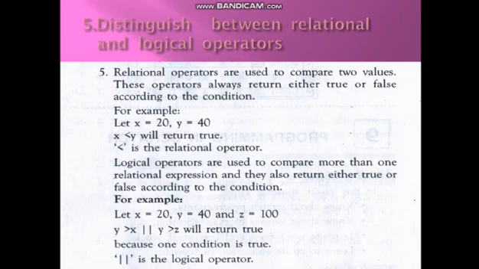What is the name of this symbol, logical operator? Can you remember? Whether this is AND or not. What is the symbol? This is the OR symbol. Two ampersand symbols are used for AND operation. This symbol is for OR operation. And the exclamation-like symbol is for NOT operation. These three are the logical operators. And this is the way to check the logical condition and also the relational expression.